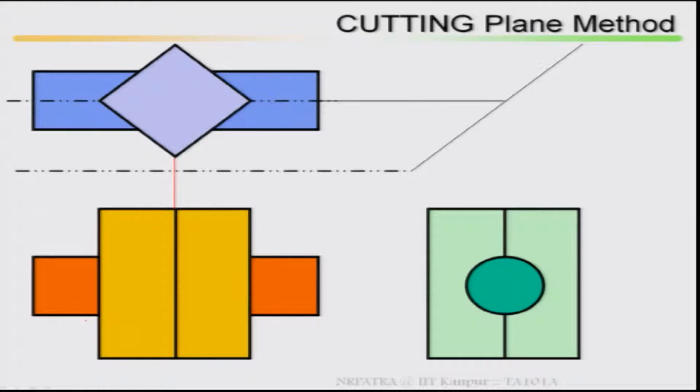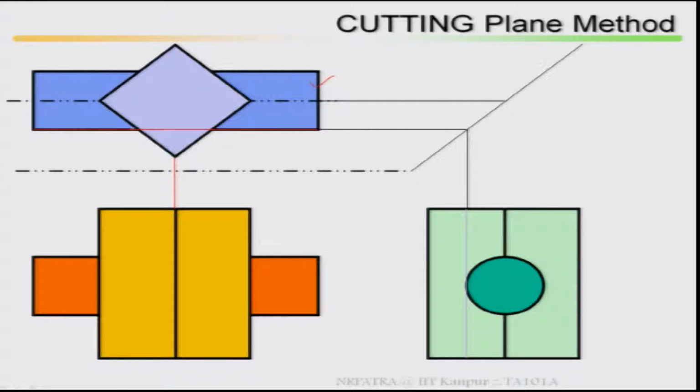Now, cutting plane method. You take a cutting plane, suppose this is one solid, this is another solid, take the cutting plane in between the intersection of the solids.